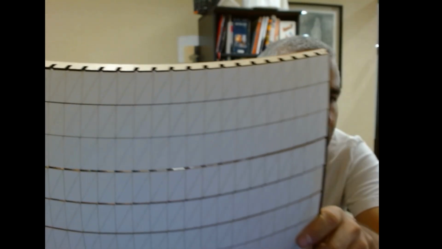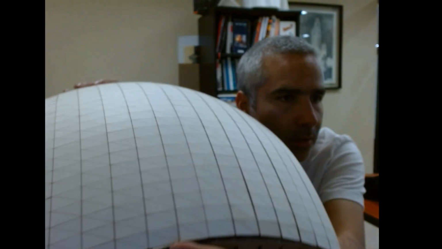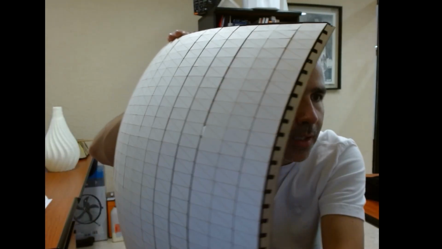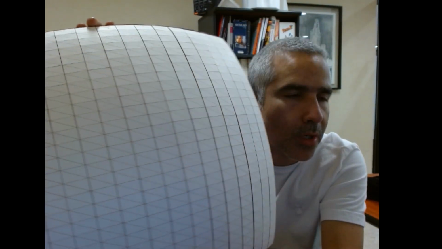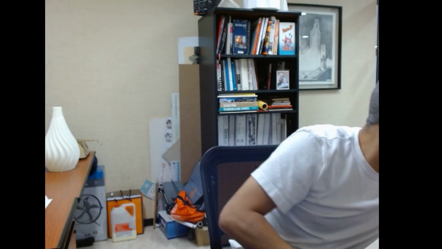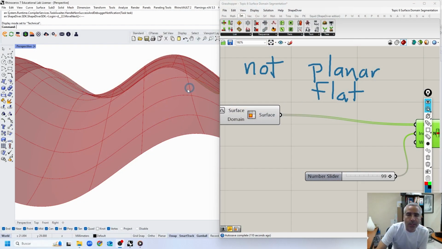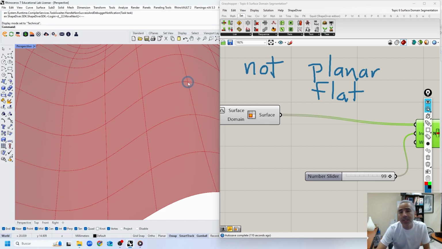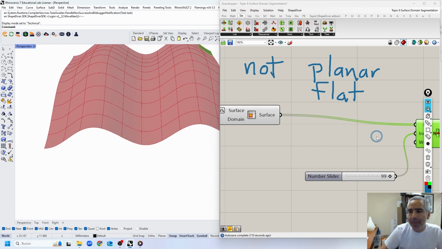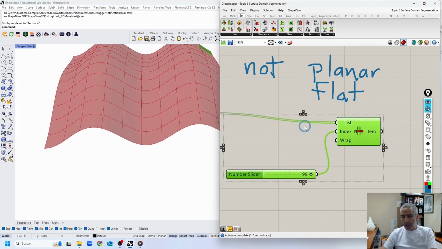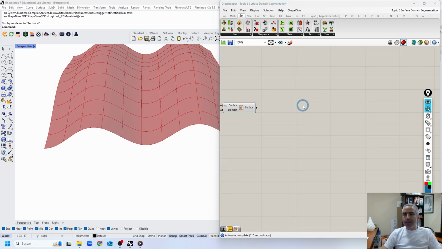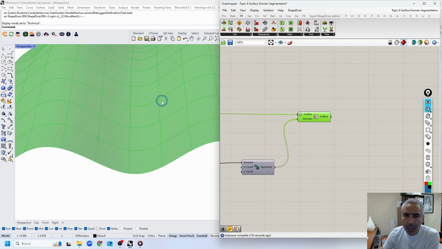This is just cartón batería, or just cardboard. We call it cartón batería in Spanish. So anyways, these ones are not flat, but you can actually create flat panels from these